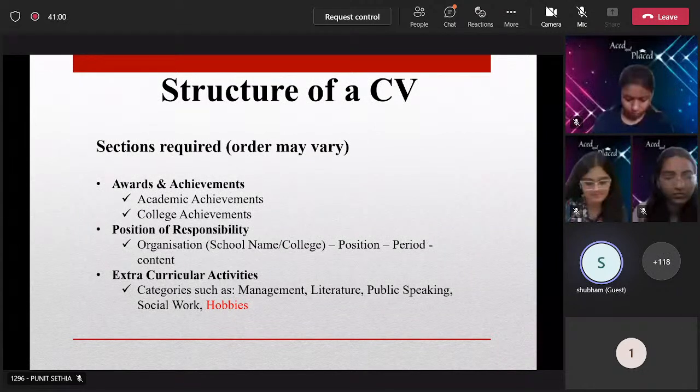I have highlighted hobbies here in red again, majorly because it is advised to keep a one-liner at the end under extracurriculars as hobbies. But if you are running out of space on your CV and you think that your CV is going way above one pager, then you can remove that as well. Okay, but from personal experience, I believe if you have something mentioned in your hobbies which you have carefully thought of,